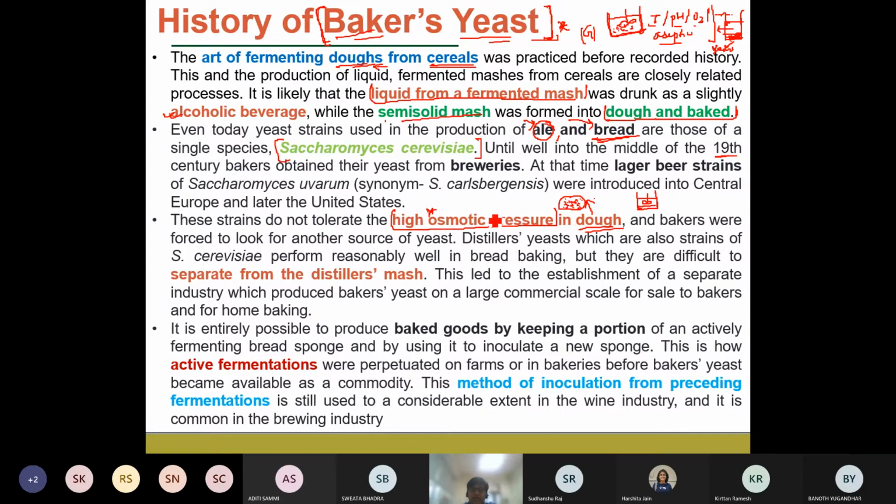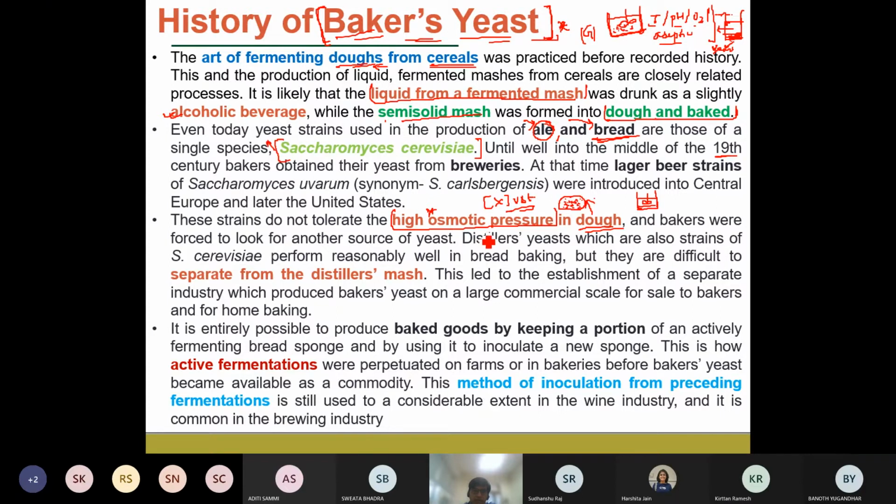And what used to happen, the productivity, or the increase in the biomass concentration with time, the rate of growth of this biomass with time was very slow. So in this case, as I told you, our main target is to get a higher biomass concentration of this Saccharomyces cerevisiae.